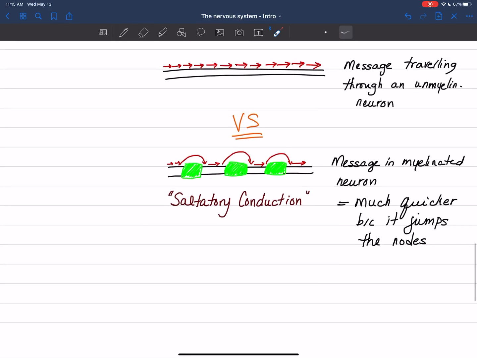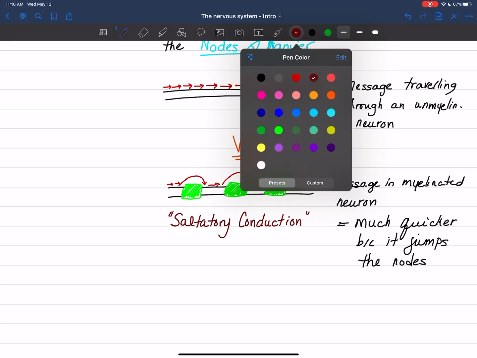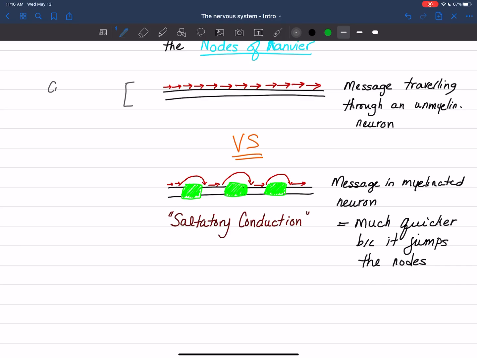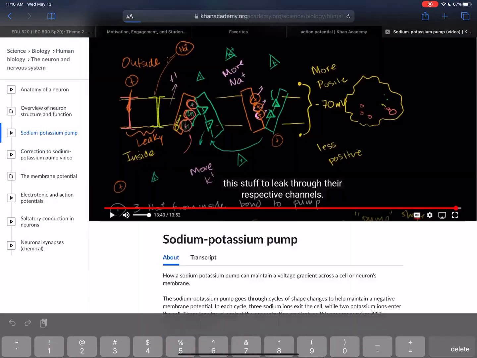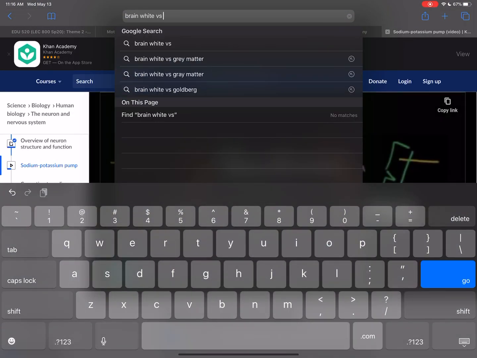Okay. Now, these kinds of neurons right here, the ones that are unmyelinated, can be found in what is known as gray matter. I don't know if you've heard that before, gray matter versus white matter when it comes to your nervous system. The ones that are myelinated, because of that fat covering, look white, almost more of a yellow, but they're known as white matter. So if you ever look at a picture of a brain,